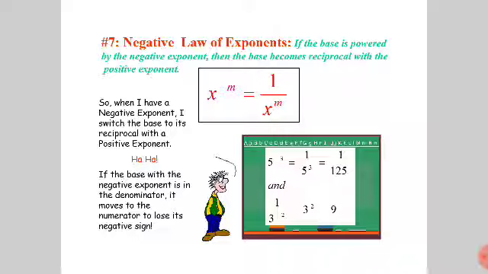For example, 5 power minus 3: convert to the reciprocal, 1 by 5 cube. Remove the negative, convert to the positive, so form a reciprocal. Do you understand? 5 power minus 3 equals 1 by 5 cube, 1 by 5 into 5 into 5. 5 fives are 25, 25 fives are 125. Then 1 by 3 power minus 2 means form a reciprocal, 3 square. So negative exponents convert to positive exponents. That is the negative law of exponents. 3 square, we get the value 9.